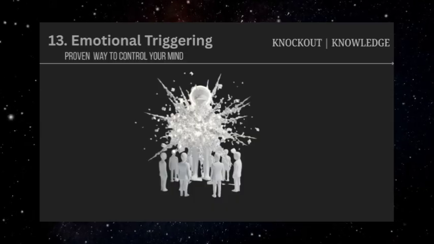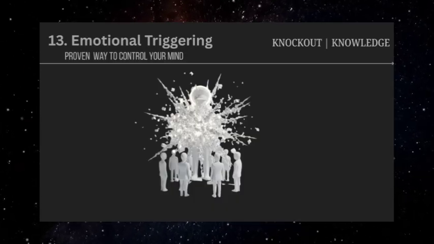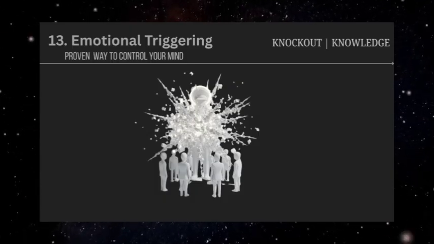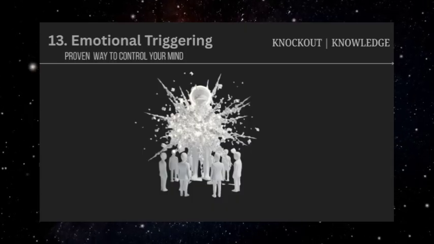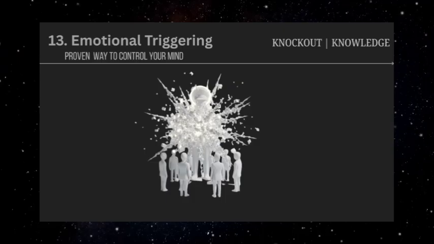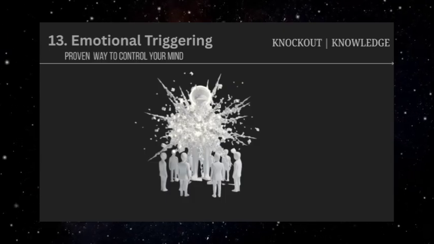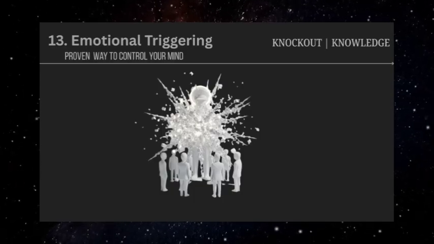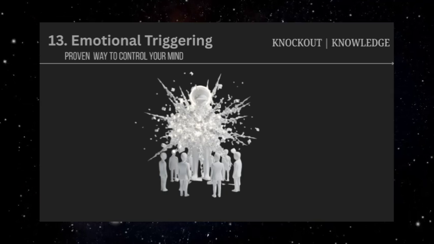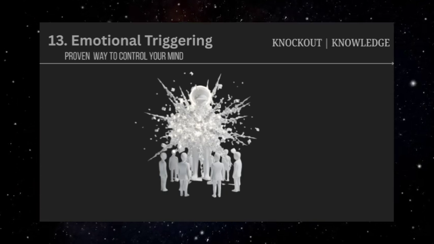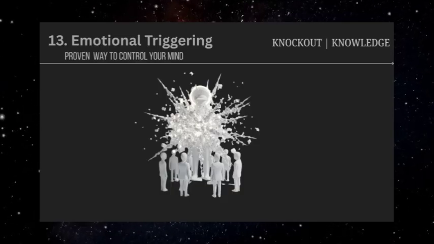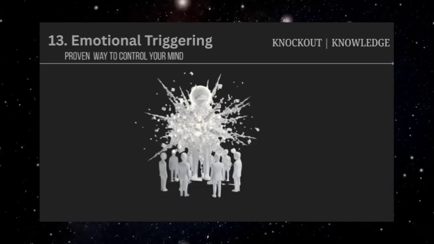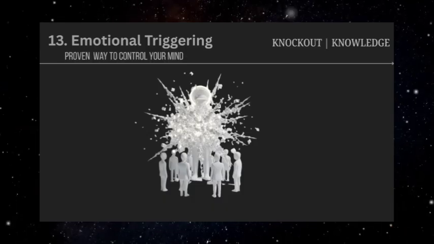It's also helpful to notice when someone seems to have unusual insight into what words or topics create strong reactions in you, and whether they tend to bring up these topics when they want something from you. While people naturally learn about each other's sensitivities in relationships, using that knowledge strategically for manipulation crosses an important line. The antidote to emotional triggering is developing the habit of pausing when you feel intense emotions, especially during important conversations or decision-making moments. This pause allows your rational mind to catch up with your emotional response and evaluate whether your feelings are proportionate to the actual situation or whether they might be artificially amplified. Understanding emotional triggering doesn't mean suppressing all emotions or becoming cold and analytical.